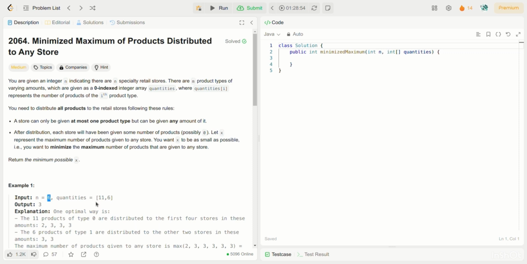After distribution each store will be given some number of products, let's say x. x represents the maximum number of products given to a store. You want x to be as small as possible, that is, you want to minimize the maximum number of products given to a store. Let's jump back